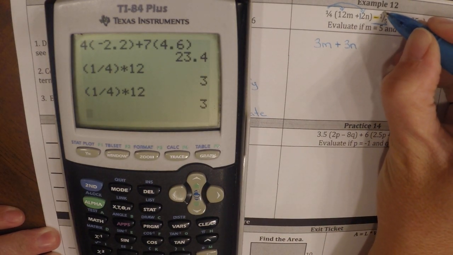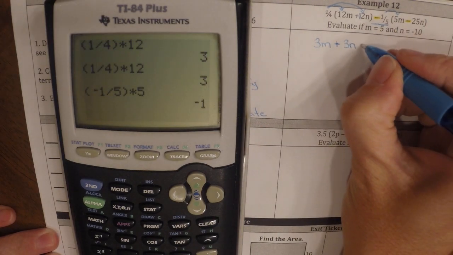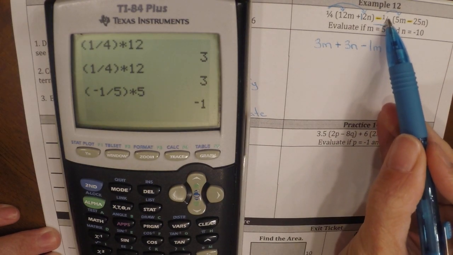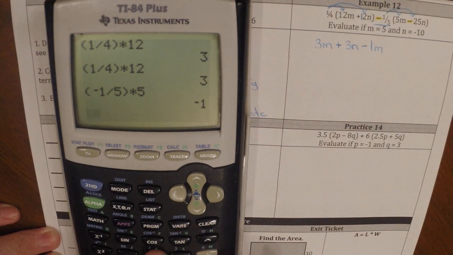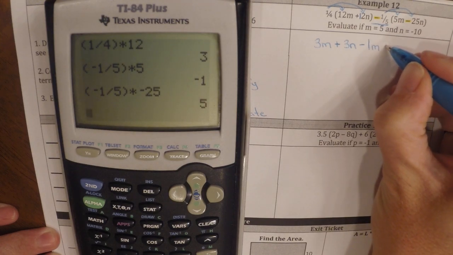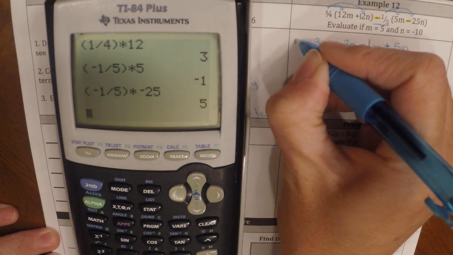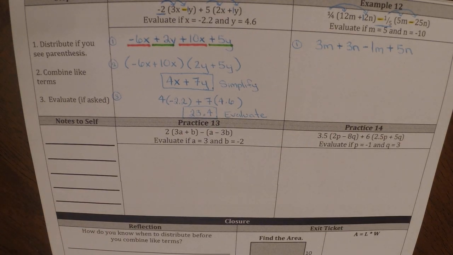So I'm doing negative 1/5 times 5. So negative 1/5 times 5 is minus 1. So I would do minus 1m. And then negative 1/5 times negative 25 is 5. And it comes out positive, so this is going to be a plus 5n. So even though it started with big ugly fractions in it, once we multiplied through, we were able to